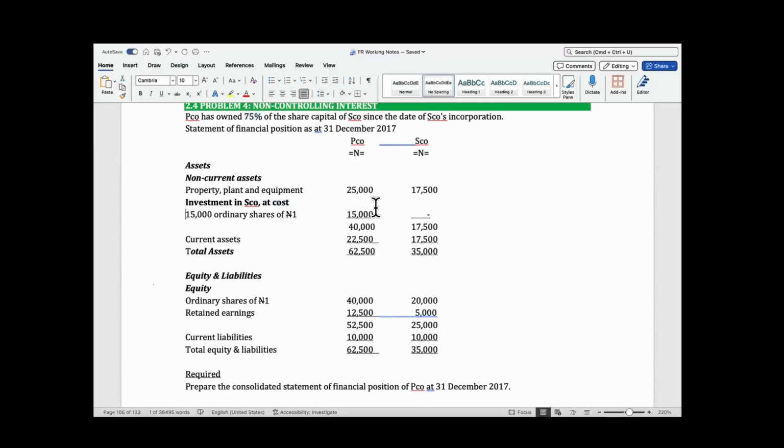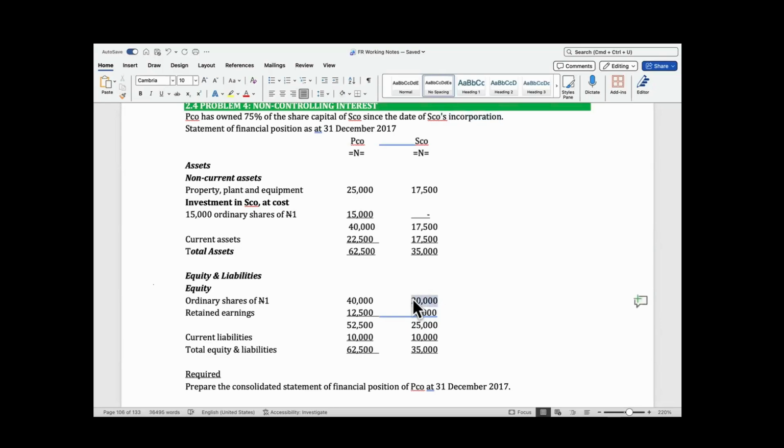Of course, this investment in ESCO, 15,000, is going to be cancelled out against just this share capital. I won't cancel out this 15,000 of retained earnings because it was not there when I acquired the subsidiary, since I acquired it since incorporation. There was no retained earnings at that date. So I will not consider it as part of what I'm cancelling out in equity. So this 15,000 will only be cancelled out against this 20,000. However,